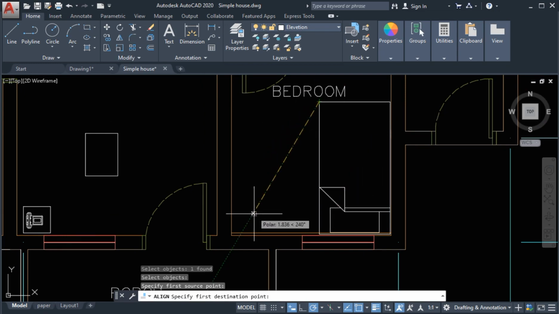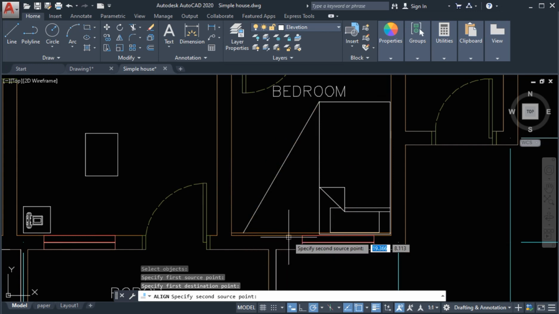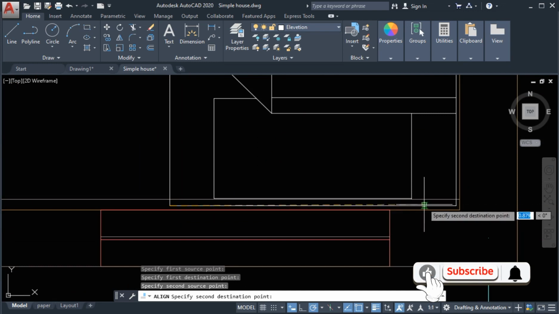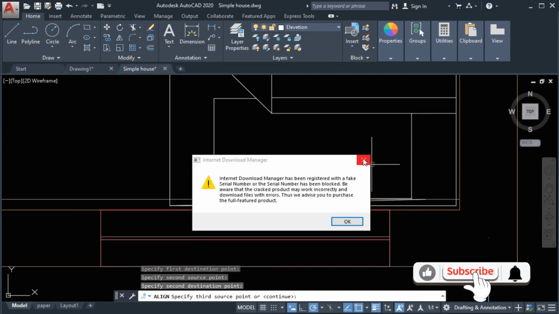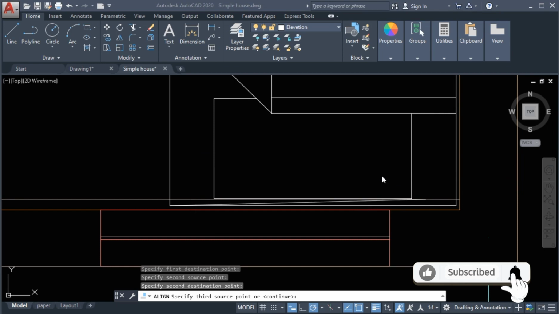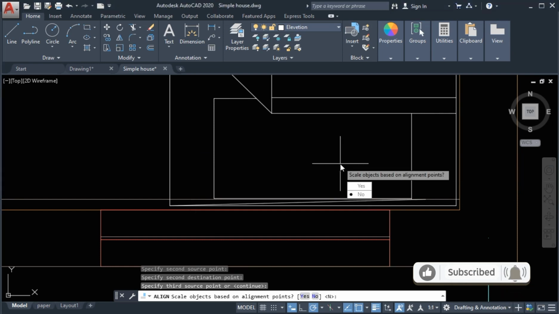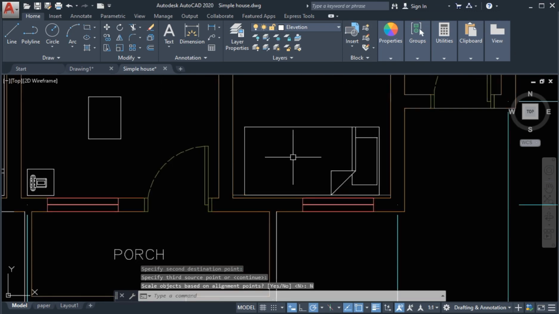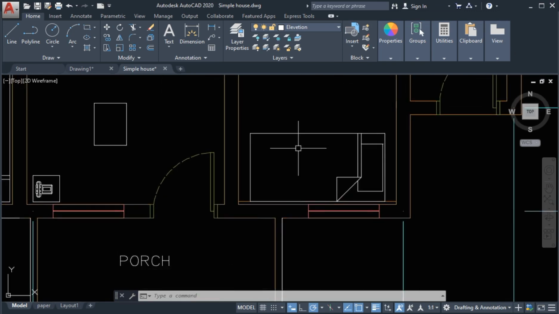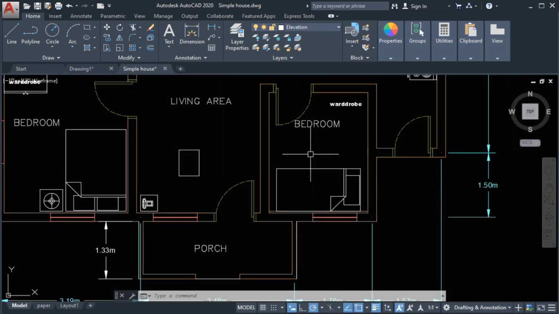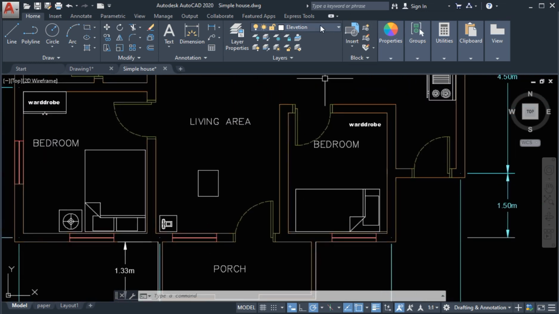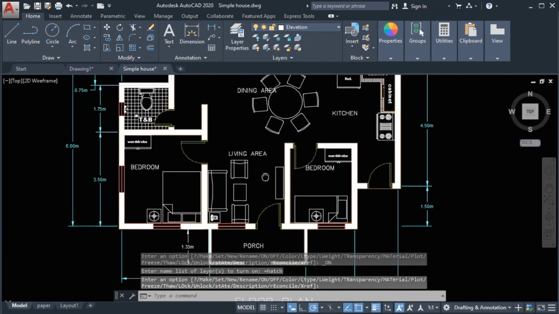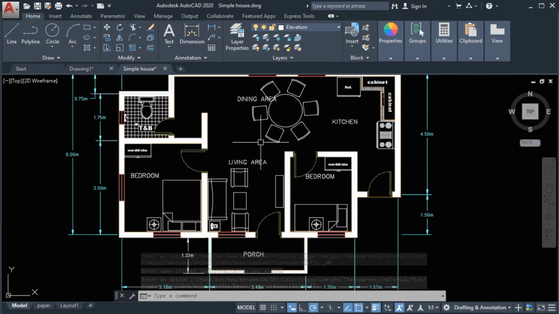First point from here, we'll put it here, and then this one, second point, we'll select this one, then enter, and then we'll select no. So we changed the position of the bed in our floor plan. So this is how we can use the align command in our drawing.